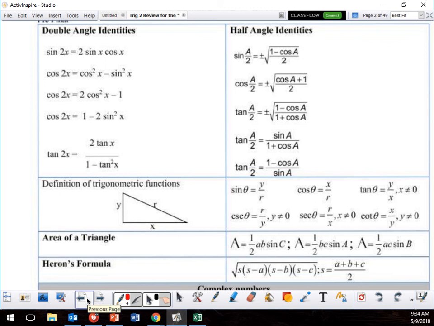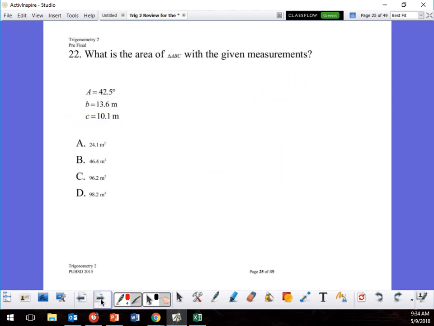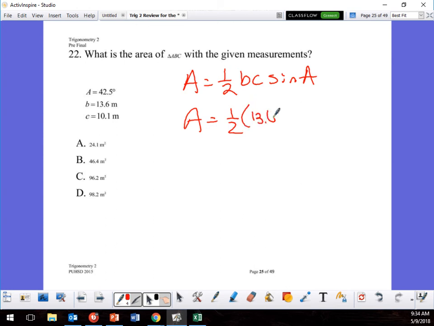Area of a triangle. I had big A, right? I have big A. Do I have little b, little c? Yes. There it is right here. I have everything I need, right? So it's going to be area is equal to 1/2 bc sine A. So area is half little b, 13.6, little c, 10.1, and sine of